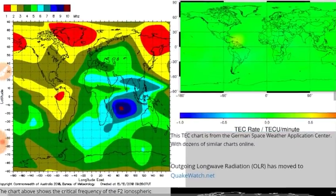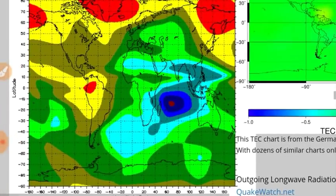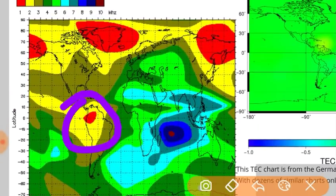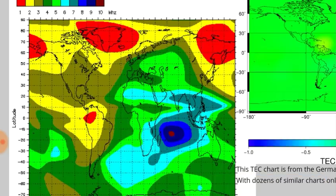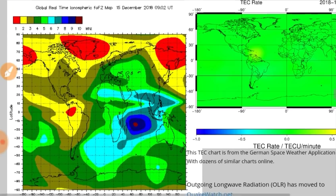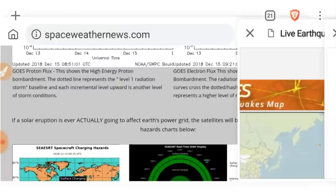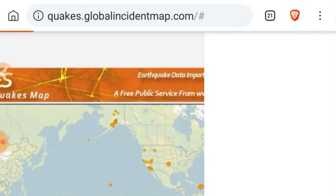And the F2 layer is looking pretty anomalous, just like it has the past couple days. See this highly discharged area? It's going to give you a significant gradient there as the sun moves in and charges up the ionosphere. Here's your auroral forecast. Let's move on to